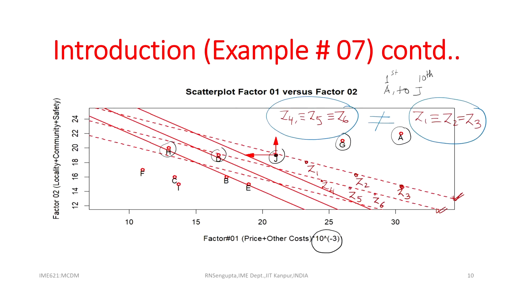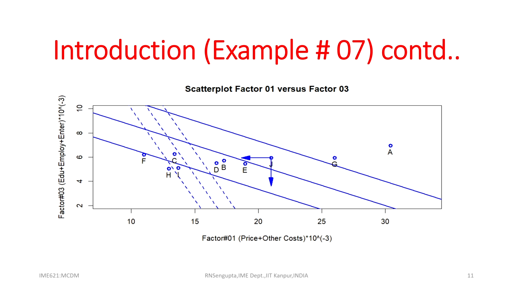So, we will consider, I am just mentioning it very briefly, these types of indifference curves. Obviously, it is shown as a straight line, but in many cases the indifference curves, which are the bold one and the dotted one, need not be straight lines. Now, remember, here we are trying to basically decrease F1 and increase F2.